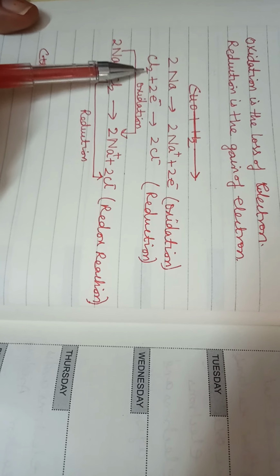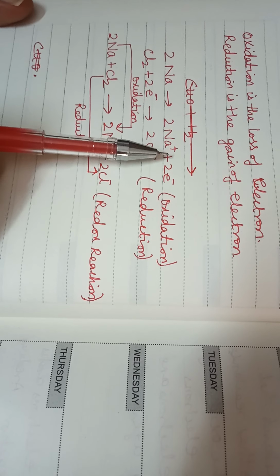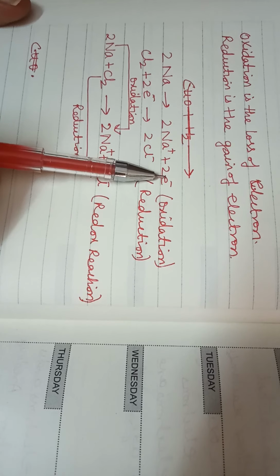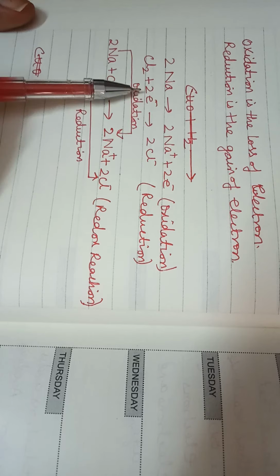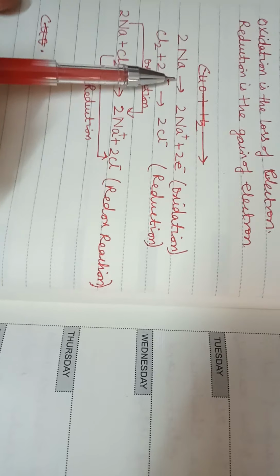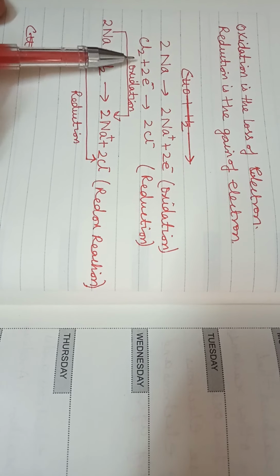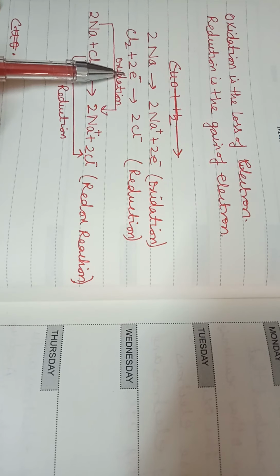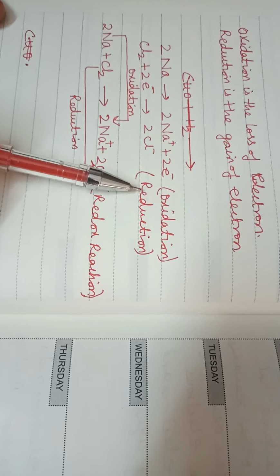All of you know the chlorine molecule, Cl2. It is taking the two electrons which are being lost by the sodium. So chlorine is electronegative because it gains electrons, as you already know, and sodium is electropositive, so it loses the electron. So an electropositive element like sodium undergoes oxidation, and chlorine is taking the electron and undergoes what is called reduction.